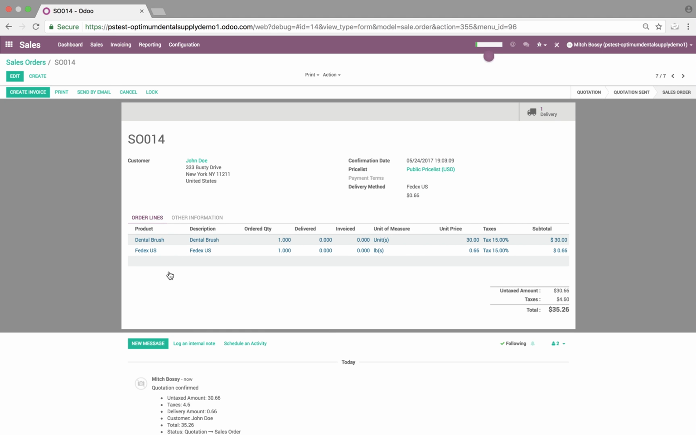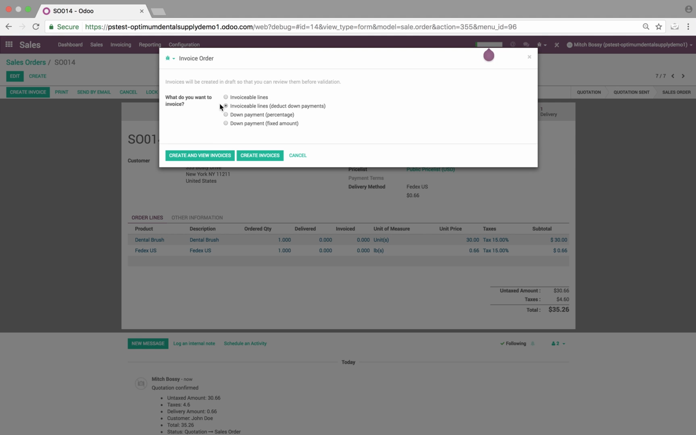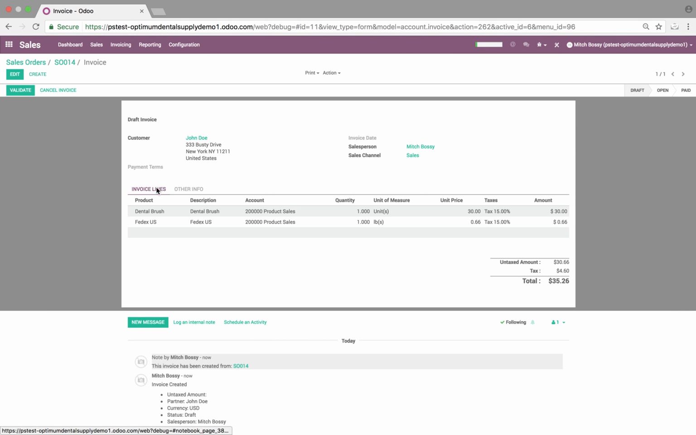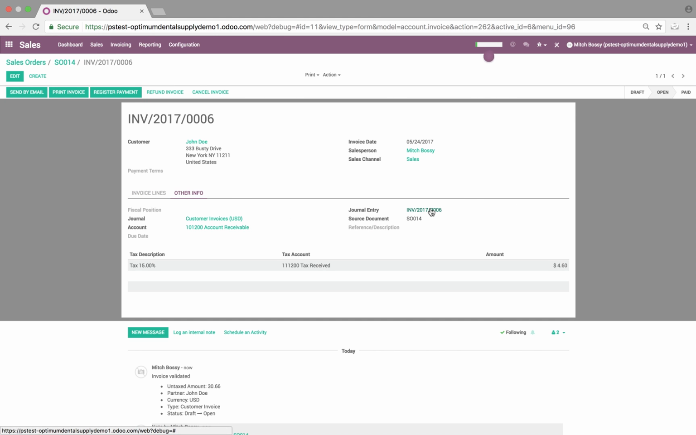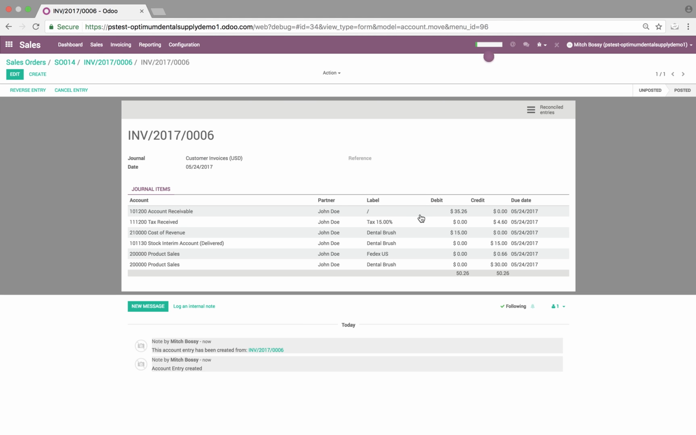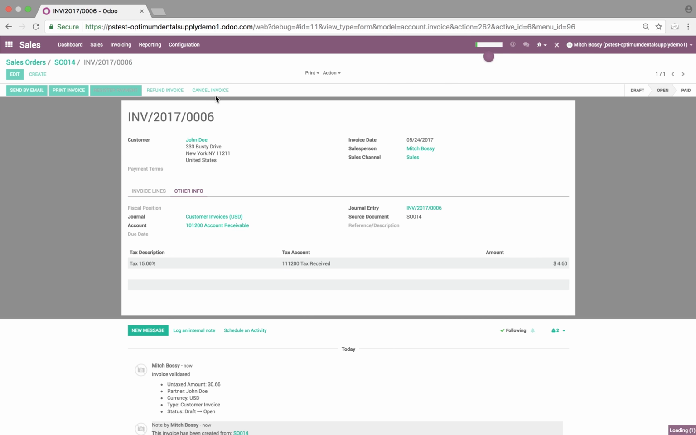And at this point, once the sale gets confirmed, create the invoice, and here we'll be able to look at the line items, validate, and go into other info and look at the journal entries. And you'll see accounts receivable, tax received, cost of revenue, cost of goods sold, $15, stock interim, 15 gets credited, and then here we have our product sales for 66 cents for the delivery, and then of course the other product sales for the hard product after markup to give us the ending balance, 50.26. And you'll be able to then register your payment, of course,